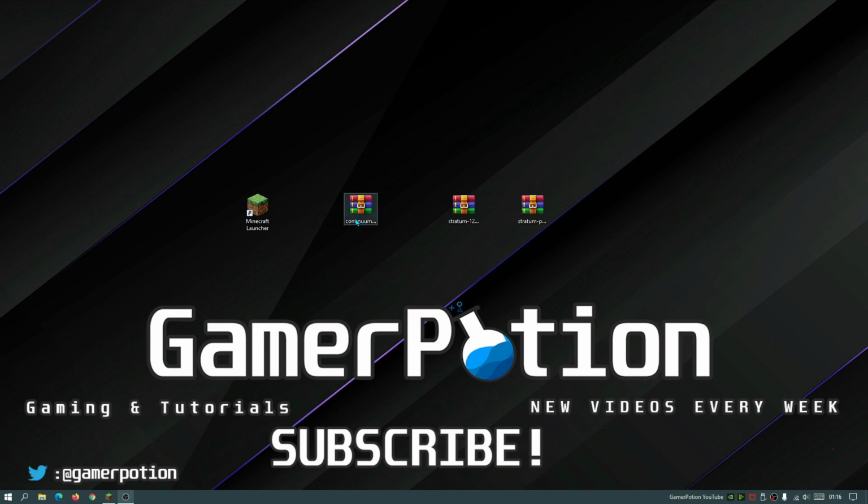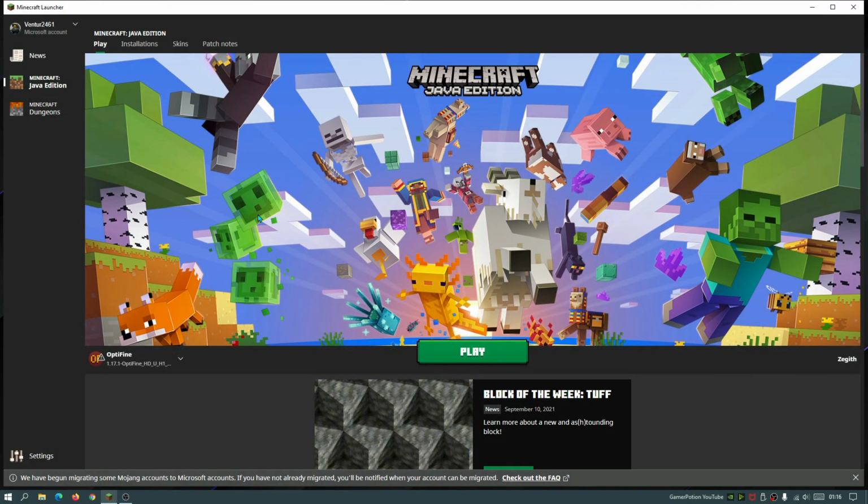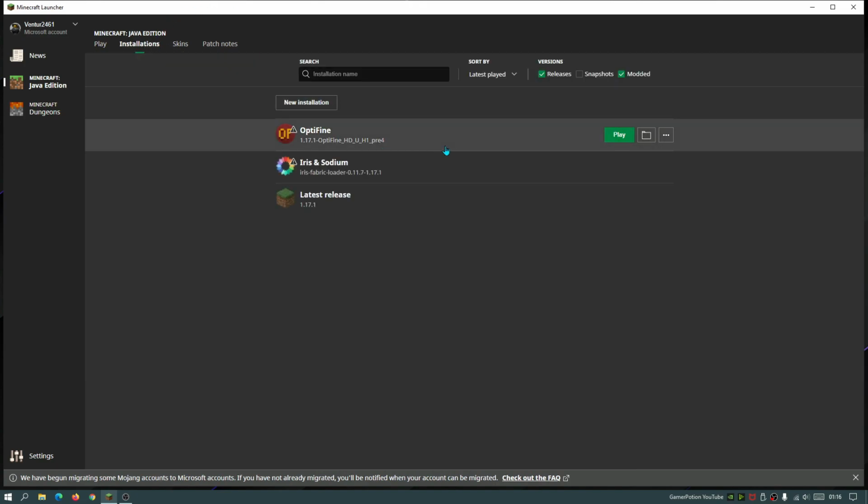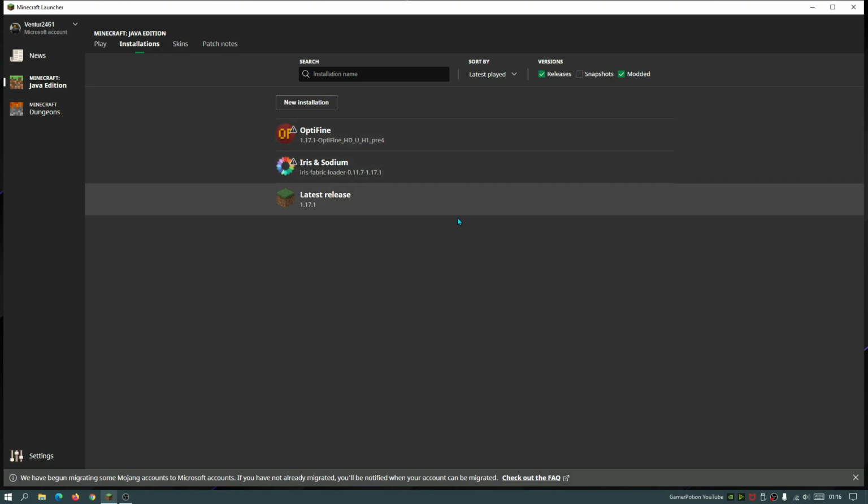Alright, so as you guys can see, I do have the Continuum shaders and the Stratum texture and performance leaves texture resource pack on my desktop here. They are all going to be zip files, and to install them it's really simple. All we need to do is just open up the Minecraft launcher and then go into where it says installations, hover over any of the installations that you would have in this section and make sure that you've got OptiFine